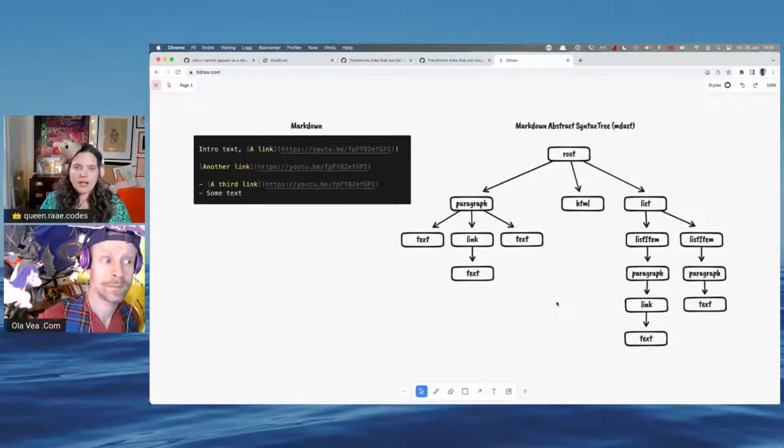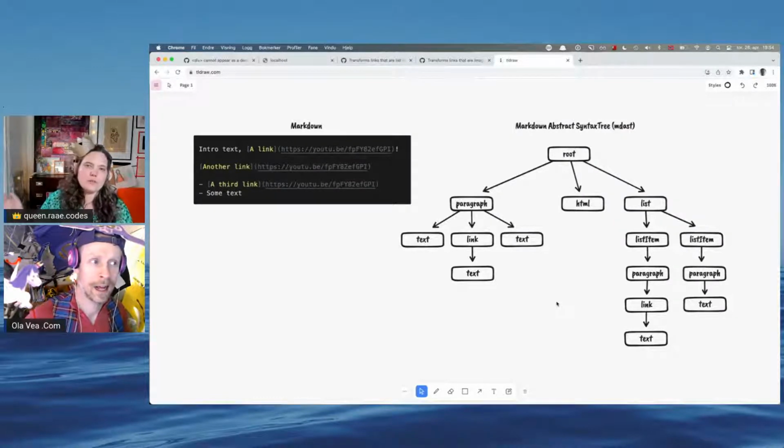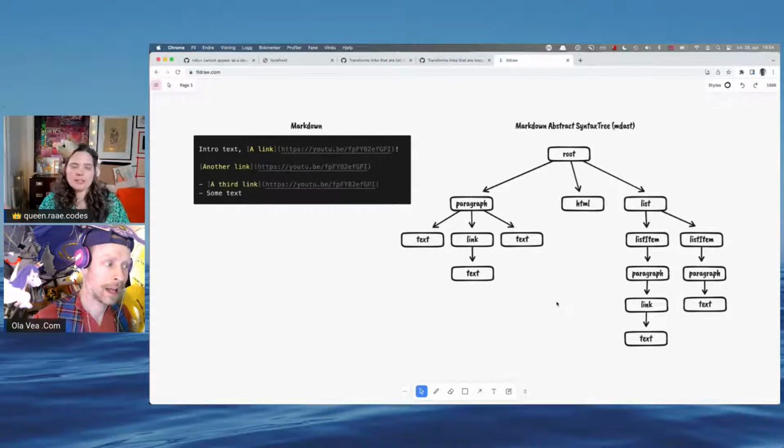So with the MDX plugin, inside of your React component, you're not saying, hey, let's grab this HTML and put it on the page like we do when we use the Markdown plugin. You actually get one of these trees, and then you send it into an MDX component that knows how to render the tree.